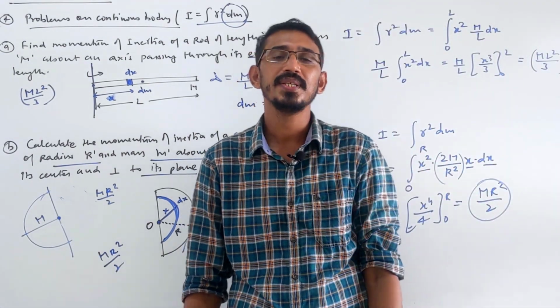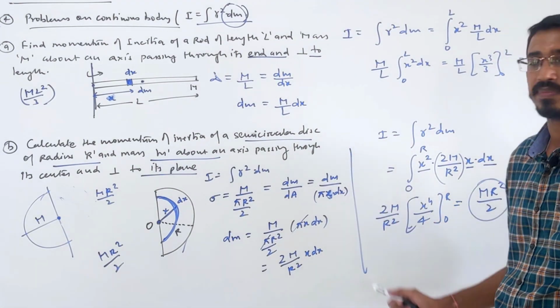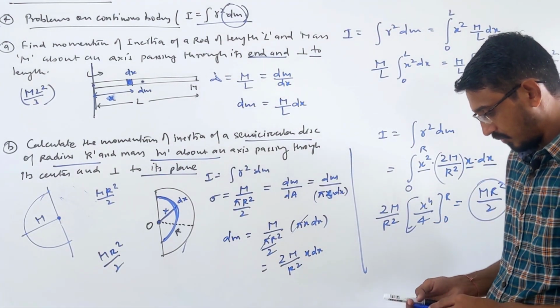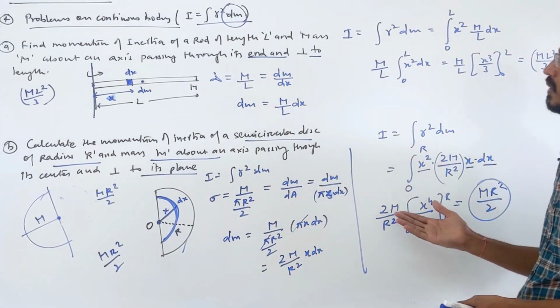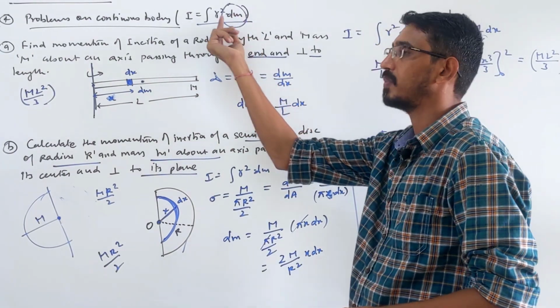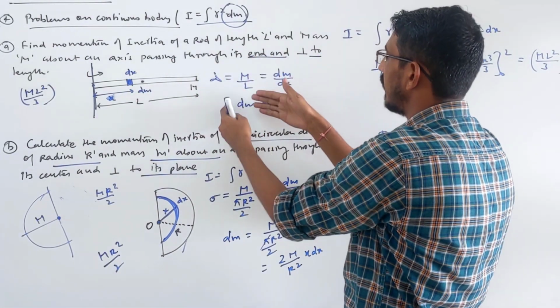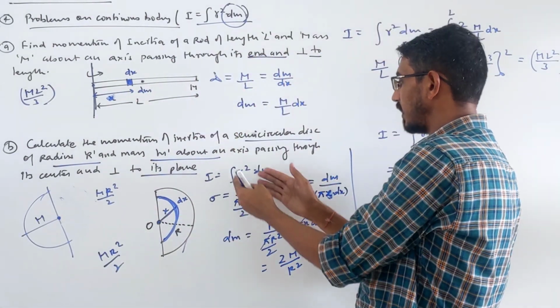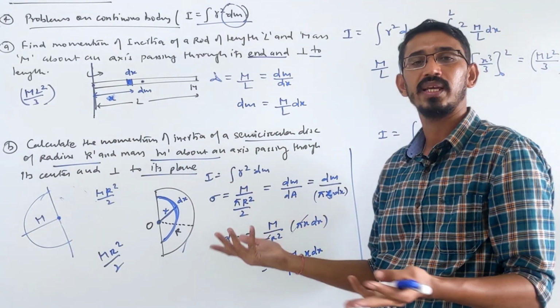These are the integrations, and in the NEET exam they did not ask this, but they have asked it in the EAMCET exam. So you should not worry that this type of question can also be asked, but it is simple knowledge, nothing is difficult. You just always have to remove the dm term and put it in terms of x or r, that's all. If a linear mass is given, you write mass by length density; if areal, mass by area; and if a sphere is given, then mass by volume.